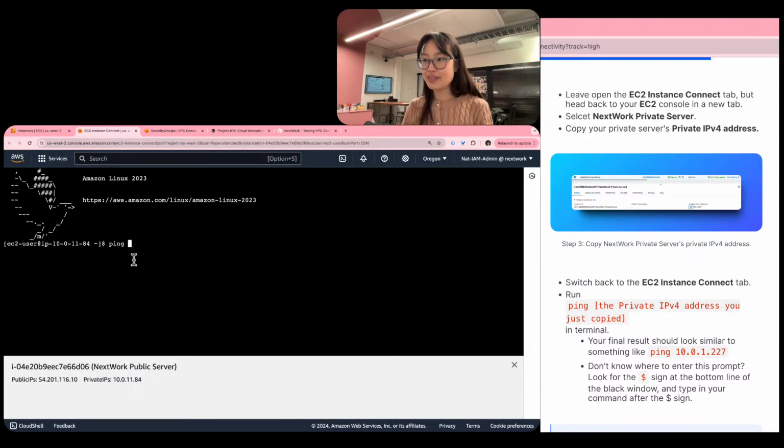We're going to head back to your public server in your EC2 Instance Connect tab, and let's run this command called ping. You type ping into your EC2 Instance Connect terminal. You type ping, you paste the IP address that you've just copied. So now that you have this command ready, click enter on your keyboard. Let's press enter,